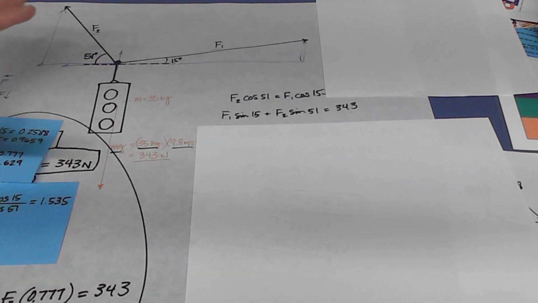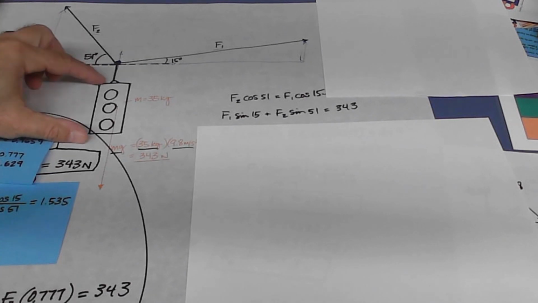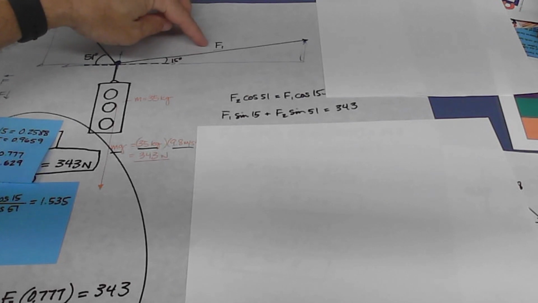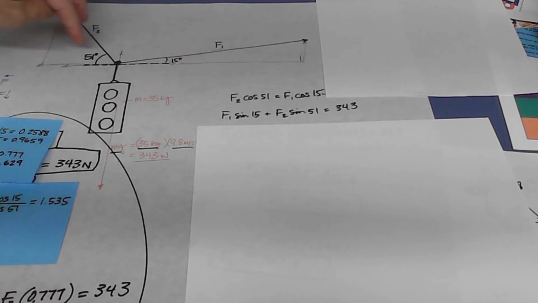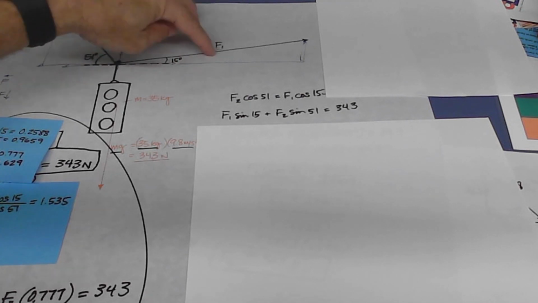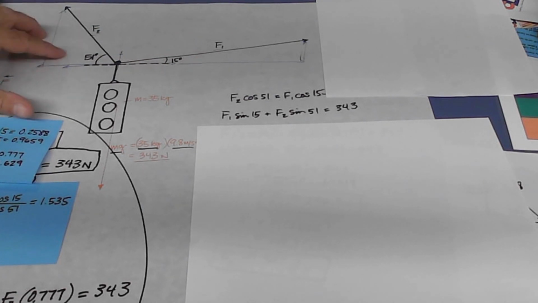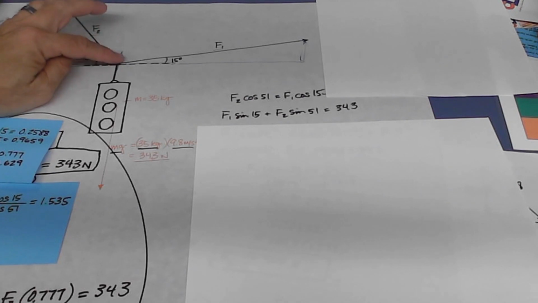All right, so we have a situation with a traffic light hanging from two separate cables at two different angles, 15 degrees here and 51 degrees here, with force F1 in cable 1 and force F2 in cable 2. Well, the easy way to look at this is the point of equilibrium where the light is hanging from